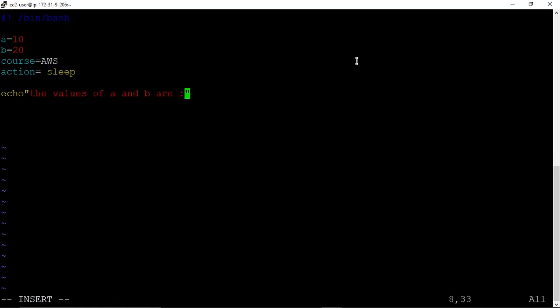We know in order to use variables we put a dollar symbol, $A, and then we write $B.